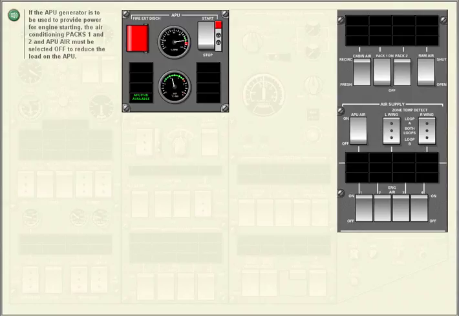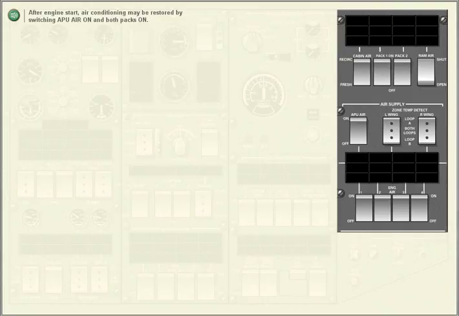If the APU generator is to be used to provide power for engine starting, the air conditioning packs 1 and 2 and APU air must be selected off to reduce the load on the APU. After engine start, air conditioning may be restored by switching APU air on and both packs on.